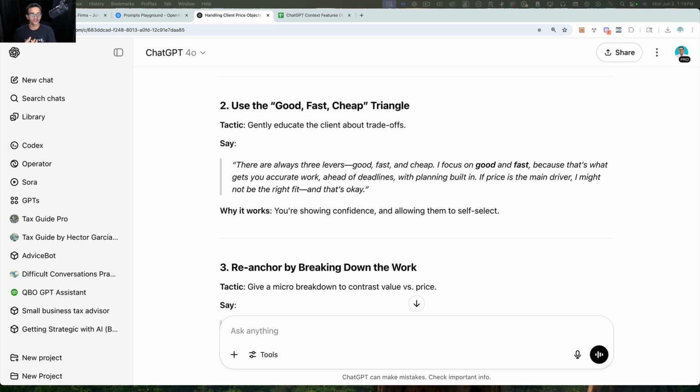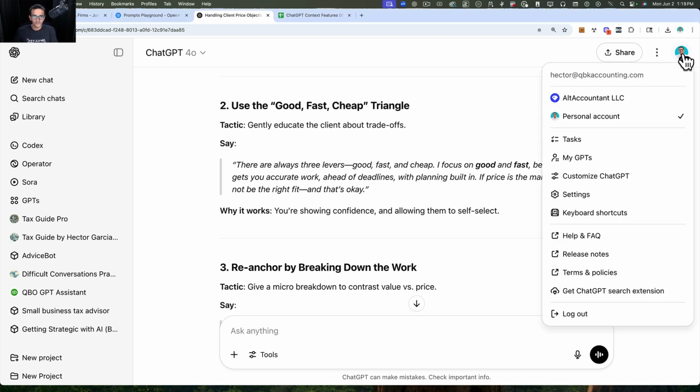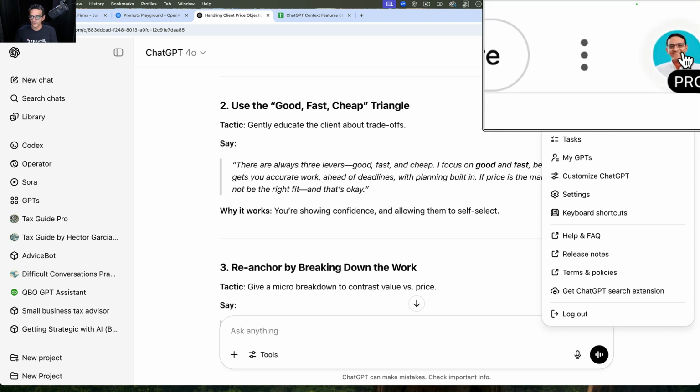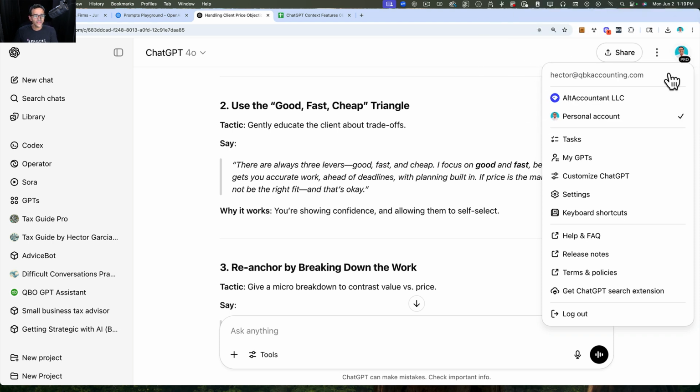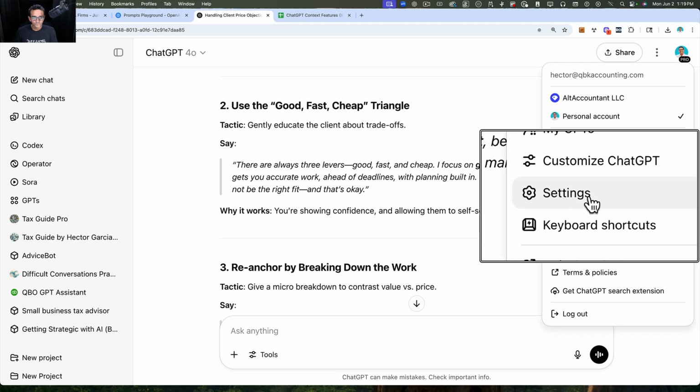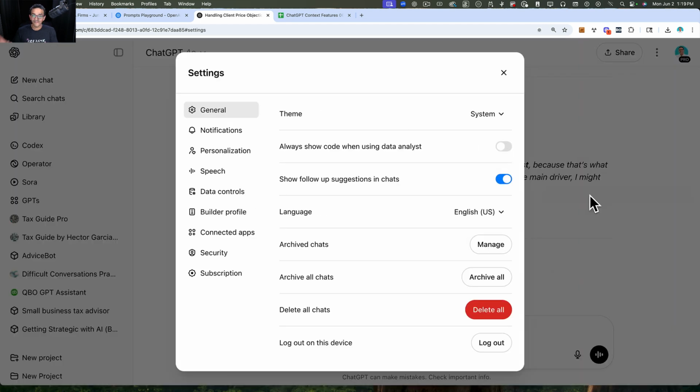And the answer to that is context. It is my ChatGPT. It's already contextualized. Okay, it already has historical information that it is using to drive answers. Now, where do we draw context from? There's a couple of ways that we can draw context from. Here in the gear menu, or in the profile menu on the top right, there is a settings button. And then under the settings button, you're going to have multiple ways in which you can change the context.